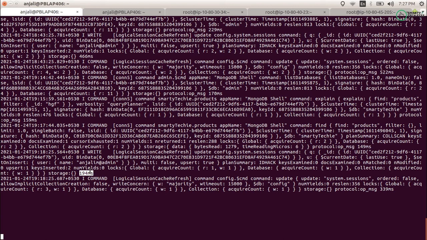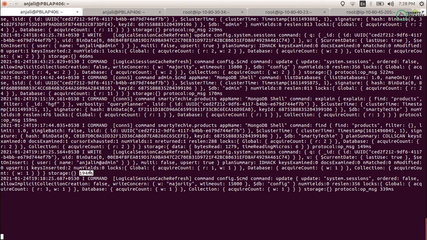But sometimes there are certain queries still running, because the log file only logs those queries which have run successfully, that is, those that have completed their process successfully, right?